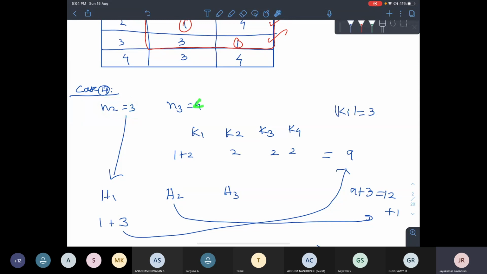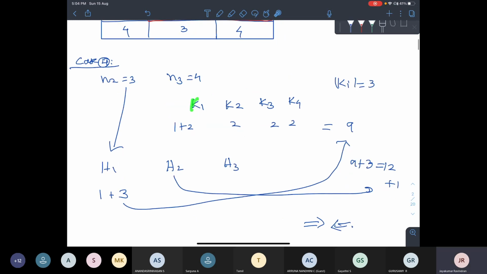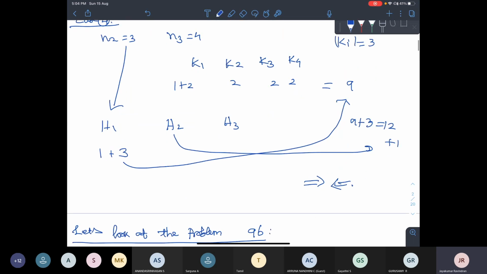n3 is also not unique, it's 4. So let's start with n3. Why am I starting with n3? Because it's 2 square into 3, and there is a single prime there, so that's why we are starting from there. Just like yesterday. So K1, K2, K3, K4. There are 4 Sylow 3-subgroups. To understand, I put that order of Ki is 3. And I know Ki intersection Kj equals trivial